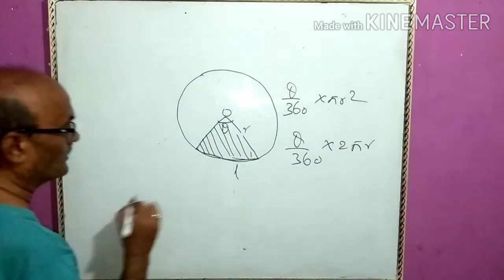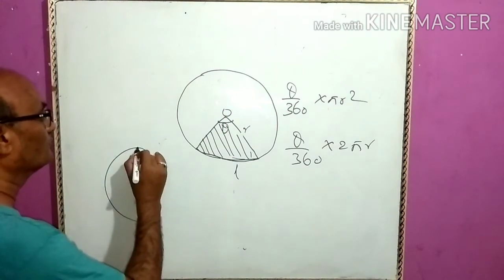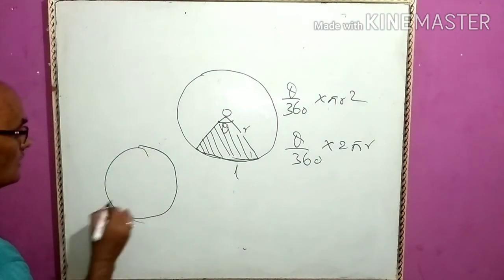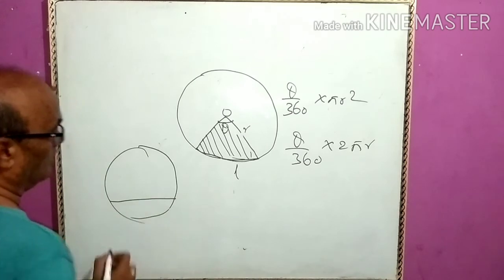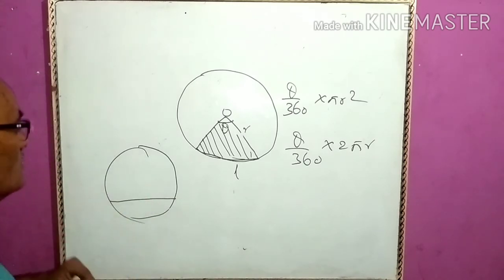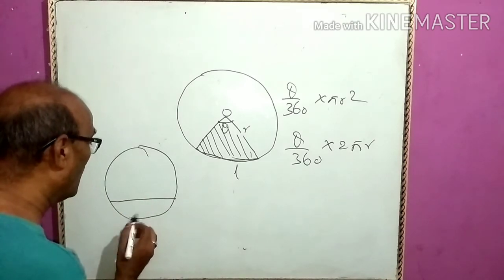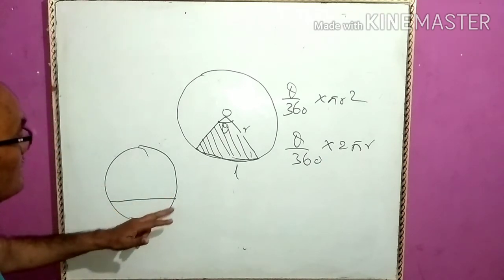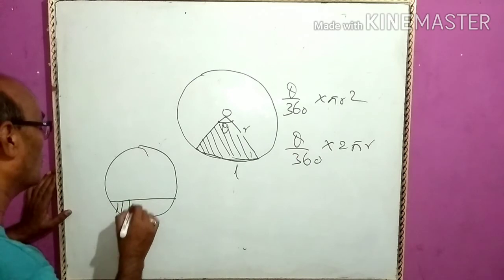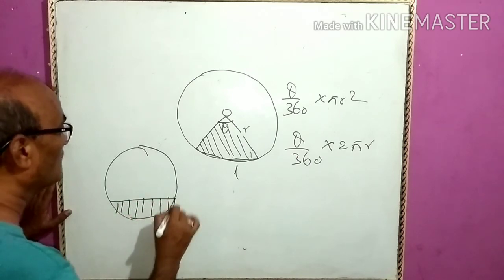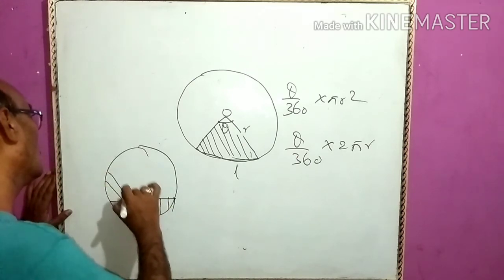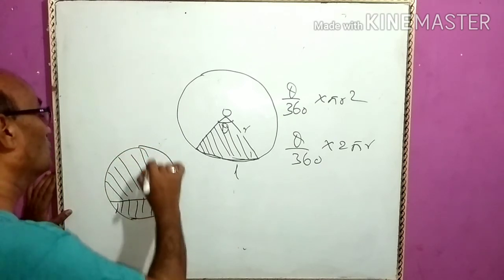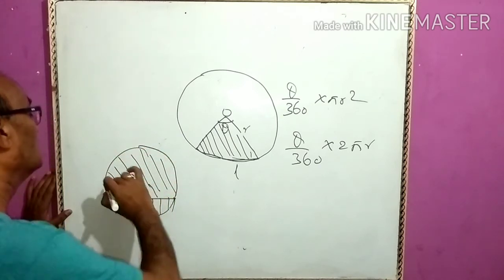Last one. A region bounded by a chord and either of the arcs. It is a chord and it is an arc. So this region is also called a segment of the circle, and this is also called a segment of the circle. But what are the differences? This is